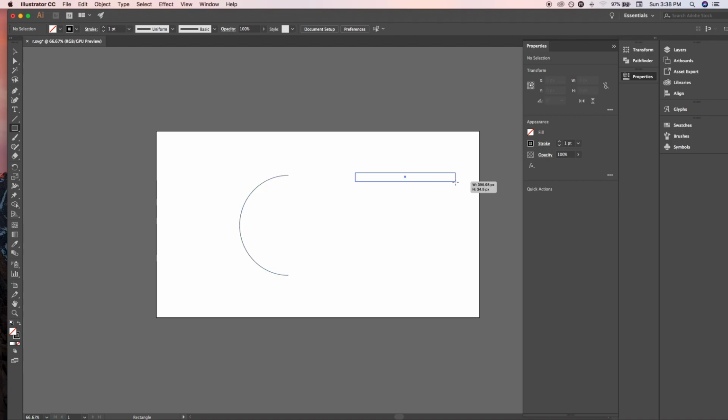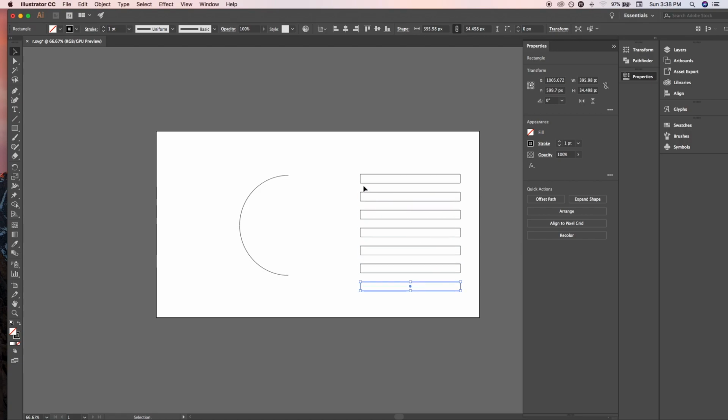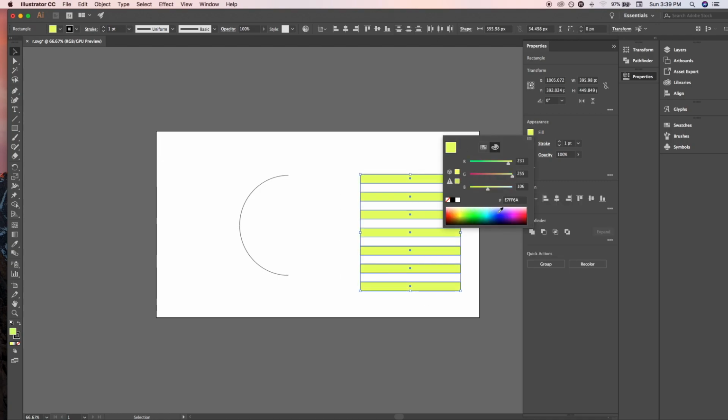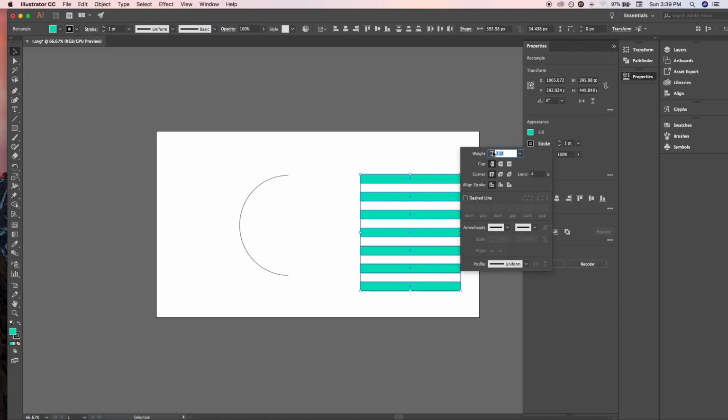Just select, click and drag holding Alt and Shift keys, and after duplicating one piece just press Command D a couple of times, it will duplicate multiple copies, and after that just select all at once and change the color which you want. I think it's green, and keep the stroke at 4-5,